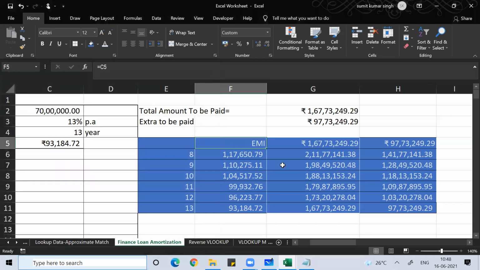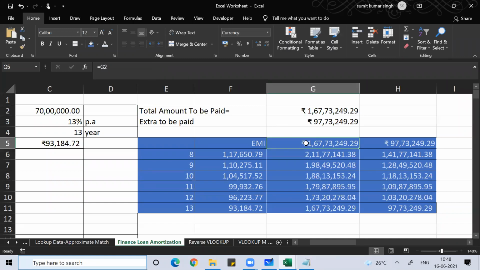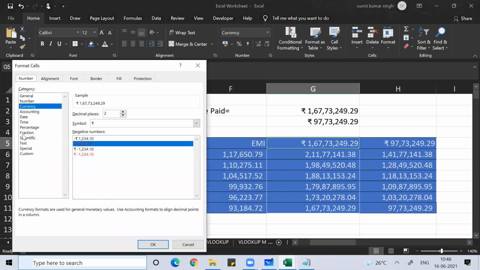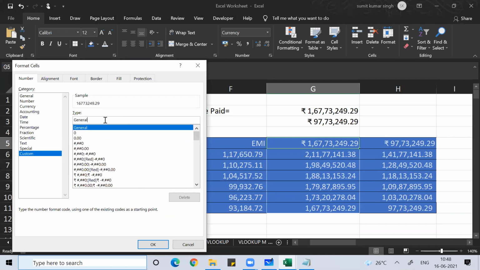Under double quotes, instead of EMI, I can write total amount to be paid. So I'll click here, Control 1, go to Custom, go to General, and write in double quotes: total amount to be paid.